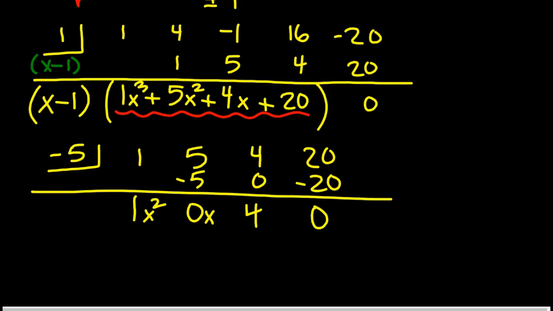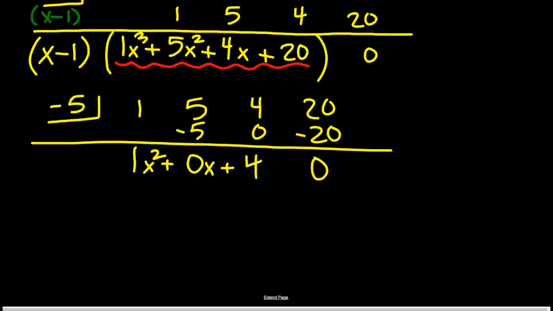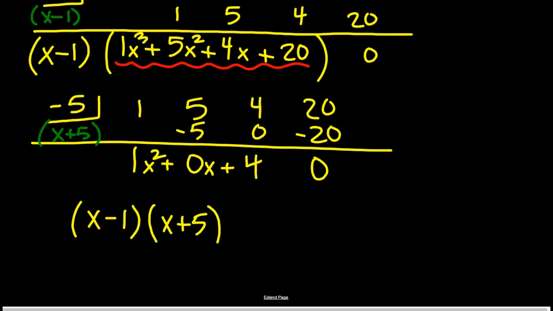So now, after I've done synthetic division a couple times, I've got this down to be a quadratic function. That's my remaining factor. So what I essentially just did is I factored x minus 1, determined that was a factor, determined that x plus 5 is a factor, right? Because when I put -5 in and run that in synthetic division, I'm checking to see if x plus 5 divides evenly. And then my remaining stuff was x squared plus 4,